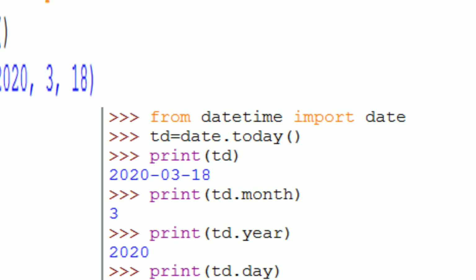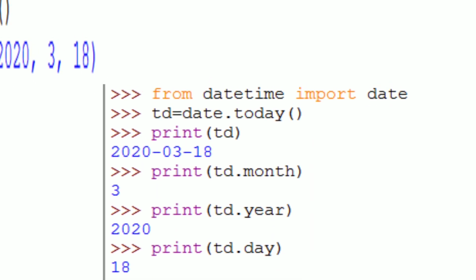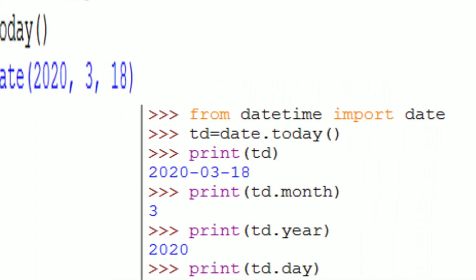Print td.month, the month is 03. Print td.year, 2020. Print td.day, that is 18. This is the date format.